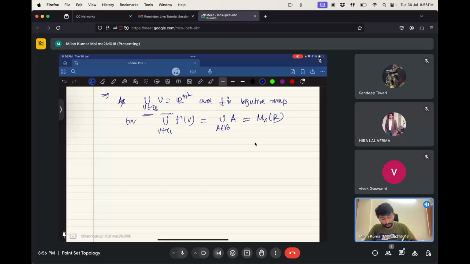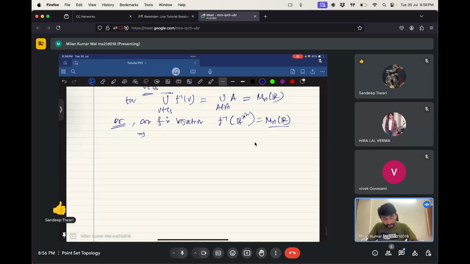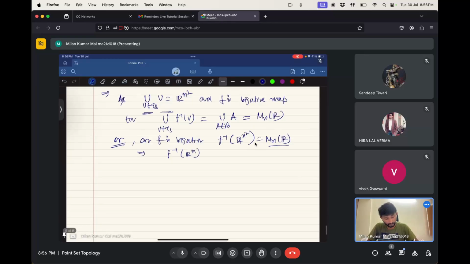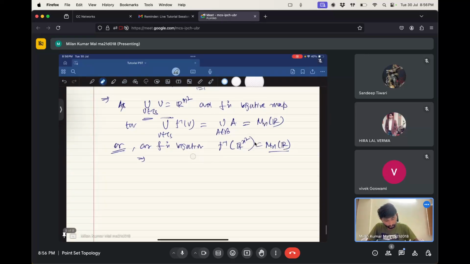Or in another way, as F is a bijection, F inverse of the full R to the power n square set should be M N R. That should be, because F is a bijection. So that means this union, this F inverse of R to the power n square, and R to the power n square is an open set